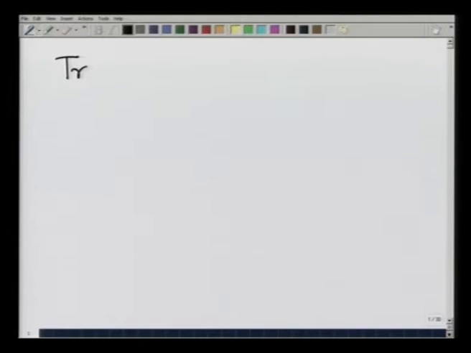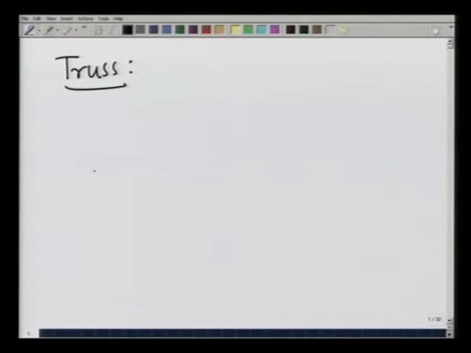We have been looking at equilibrium conditions under static positions of bodies. We now wish to apply this to a particular structure called a truss. These are structures that are used to distribute loads, and you have seen them when you travel. For example, across a bridge you see a structure like this,